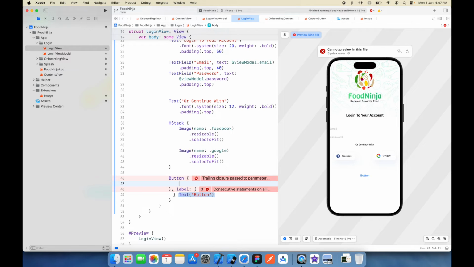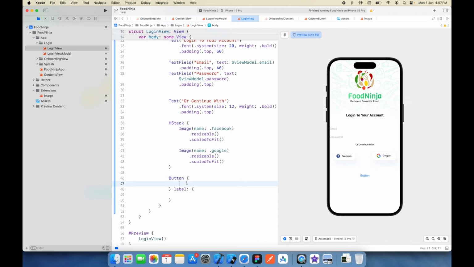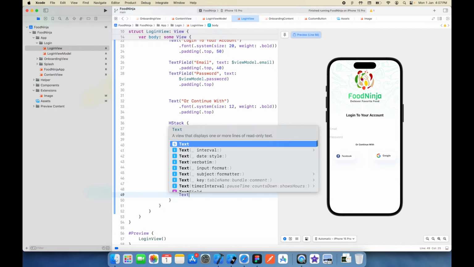Button label. So I think this should not be here. Yeah, the error is gone now. We can simply write a print statement that forgot password was tapped, and in label we will create